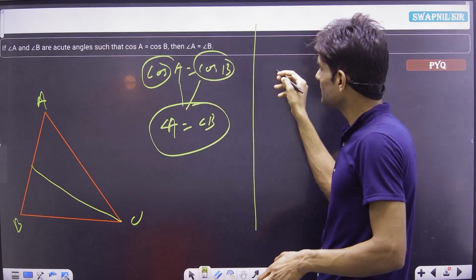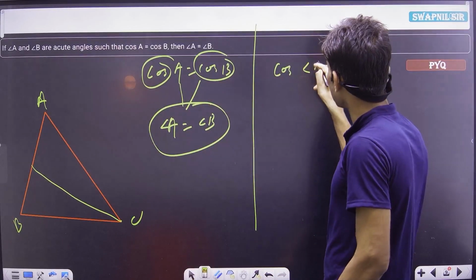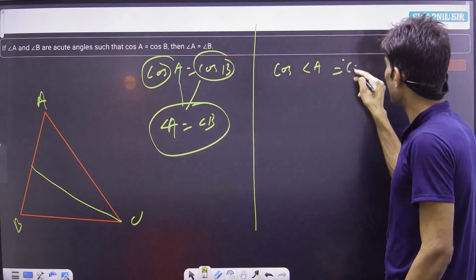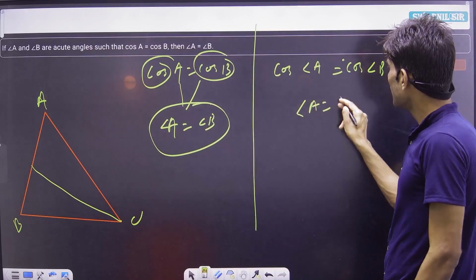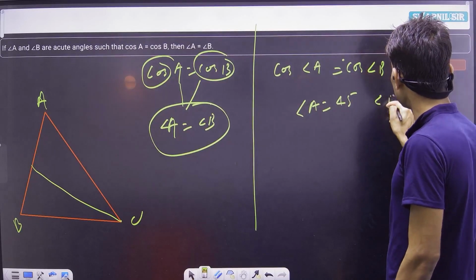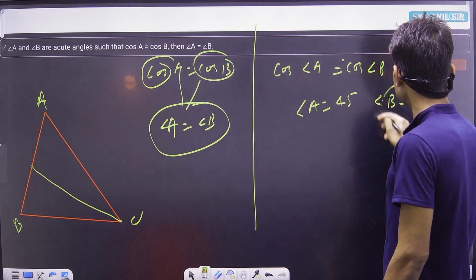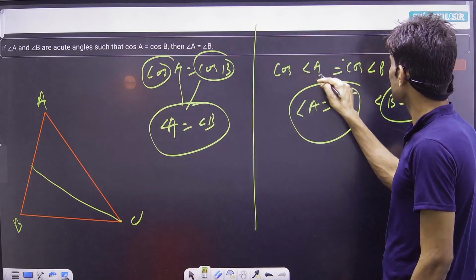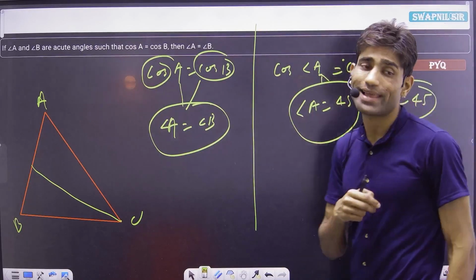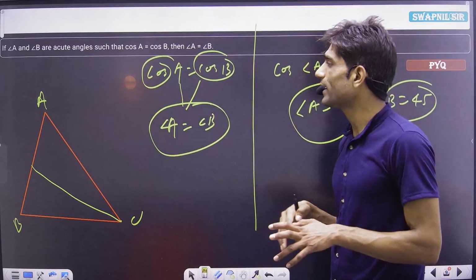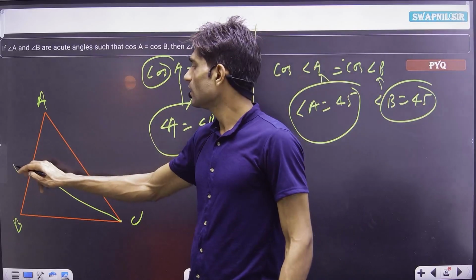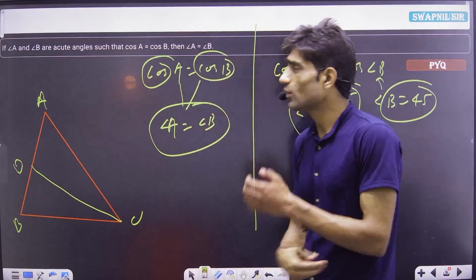As we can see here, cos of angle A and cos of angle B are both equal. So you can consider angle A as 45 degrees and angle B as 45 degrees. We can see that for these two values, cos always gives us the equal answer. You can directly define that, or you can directly go for finding the value using the triangle where